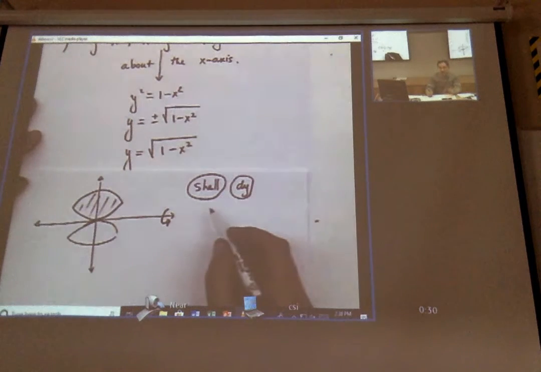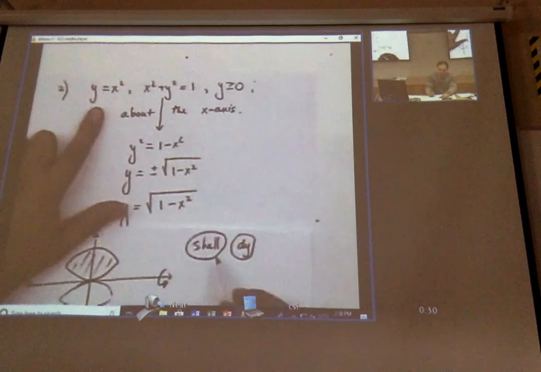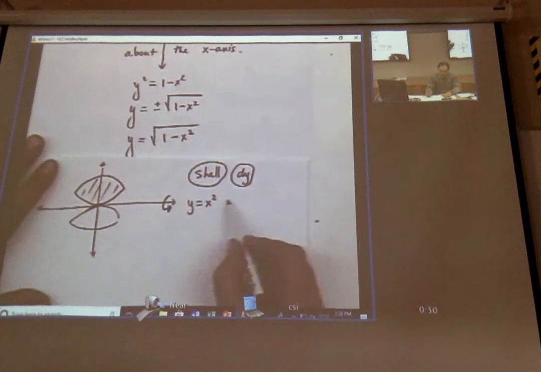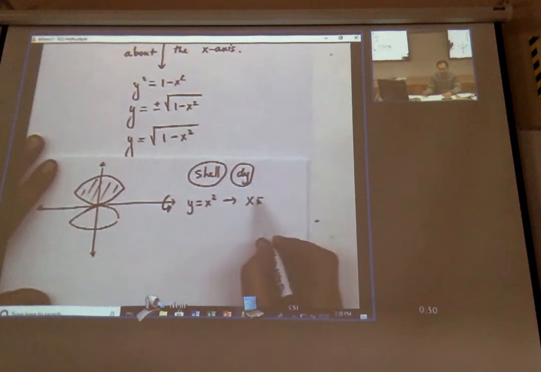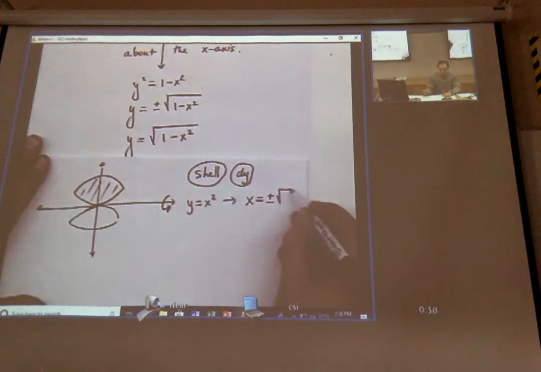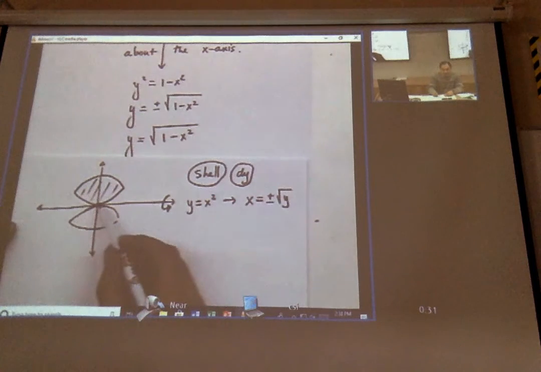And also we have to be very careful because we need to know which one's positive, which one's negative. So if you look at this one, y equals x squared. When we solve this for x, we get plus or minus the square root of y. So the question is, do I need both of them? What do you think? And the answer is yes, because